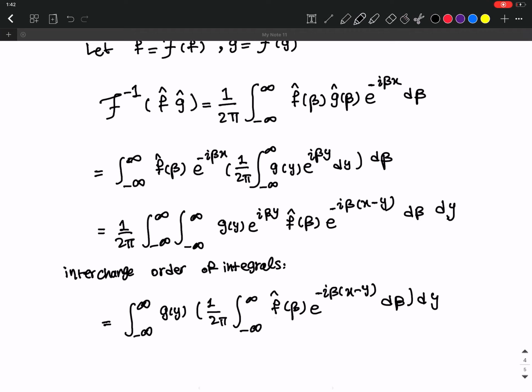Okay, so this is just rearrangement of the terms and changing the order of the integration. So first I'm going to integrate over here, and then the rest of the terms,